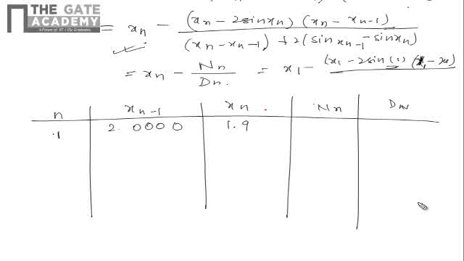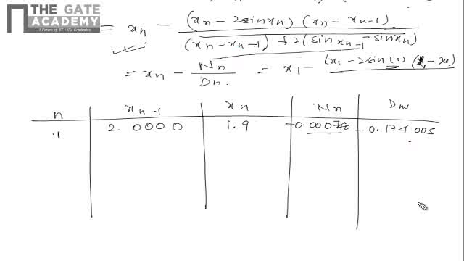When calculating the numerator, you will get minus 0.0007, and if you take more values you get four zeros in the calculator, it shows till 7. The denominator value comes as 0.174005. This part will now be used as x(n-1). Since xn is 1.9, for n equals 2, x1 will be 1.900, and when you calculate, the value comes as 1.895747. Similarly, you can find the numerator and denominator.